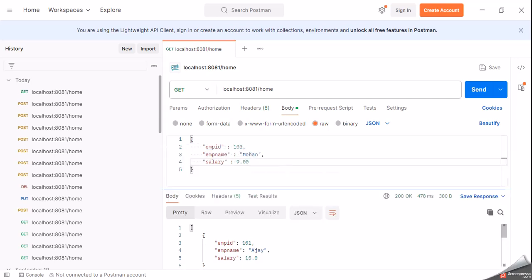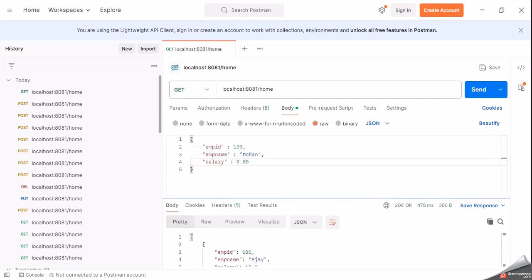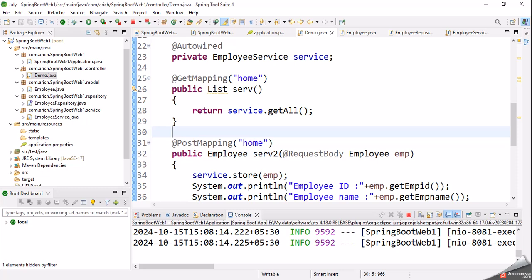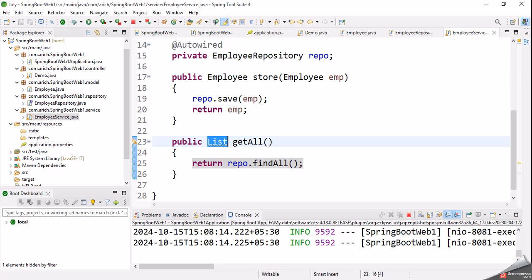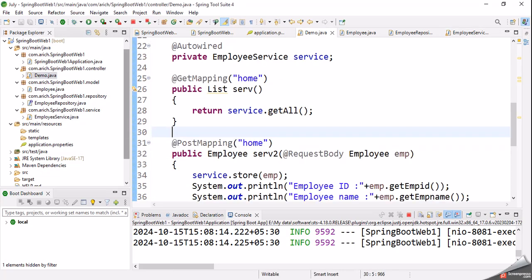All methods already exist in the JPA repository. As per your need, you can call that method. It's very simple. First of all, create a service method and call the findAll method of the repo, and this method you can call in the controller in the get mapping, service dot getAll. It will return the list of all your records, and you can show it. So through this you can get the records from the database. Similarly, suppose you want to update a record in the database,